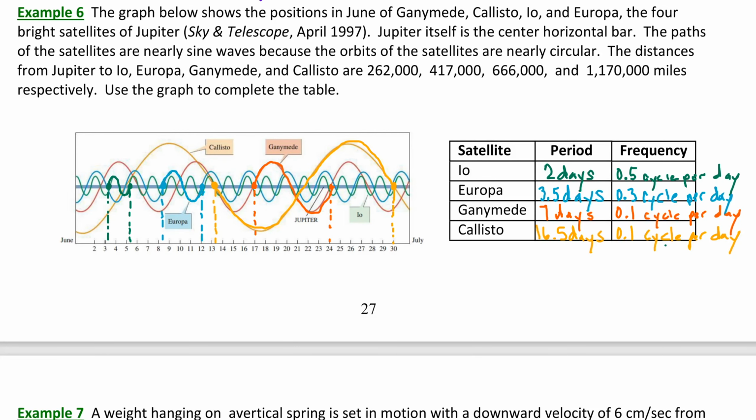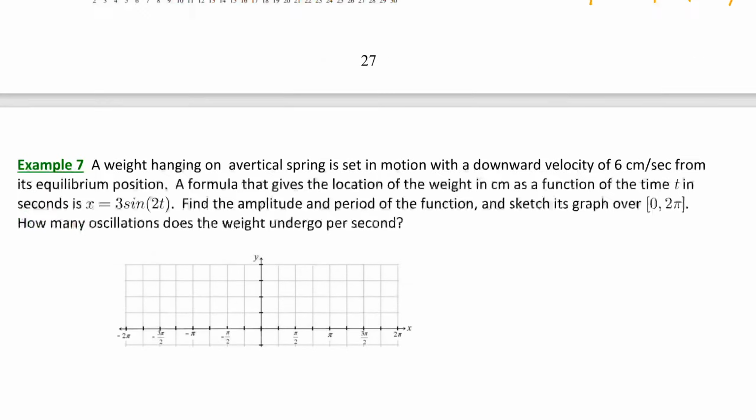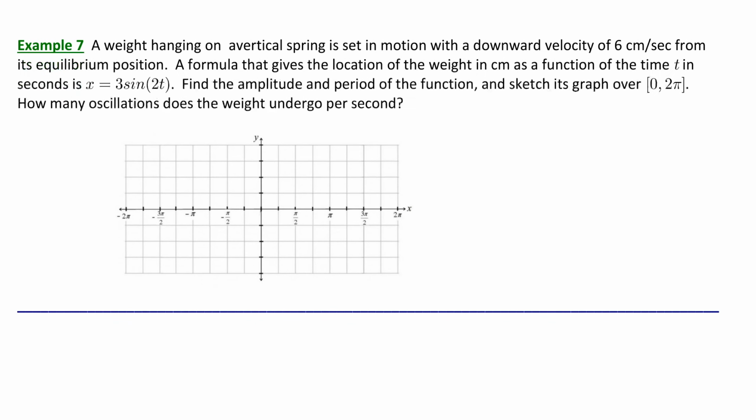The last two measurements there are very similar, simply because I rounded to the nearest tenth. So period and frequency have a reciprocal relationship. They're describing the same aspect in different perspectives. The period describes the interval required for one complete fundamental cycle to occur, whereas the frequency describes how many cycles or a portion of that cycle occur in one unit. If we're talking about time units, that can be per second, per minute, or per day, as it was on this example. Let's consider one more application, and this is a sneak peek of a model that you'll see frequently